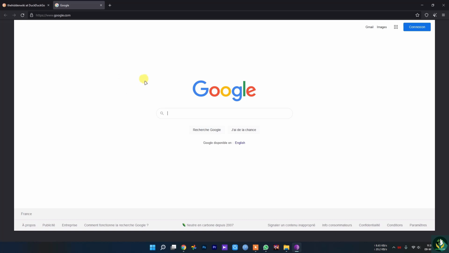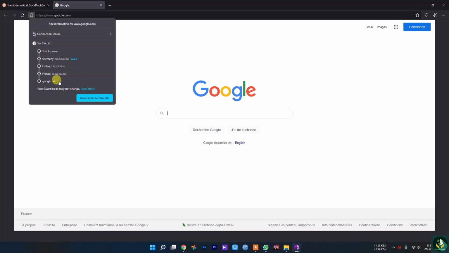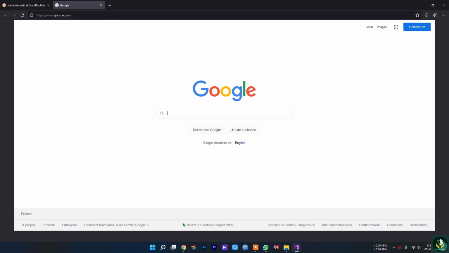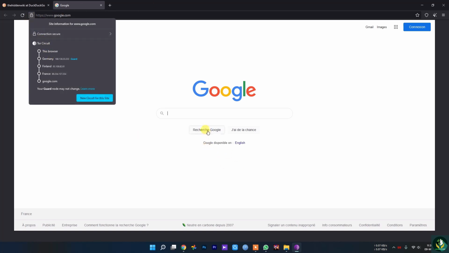As you can see, it's sending a lot of packets from each of these countries. As you can see, it's in Germany, because the languages are all in German, because this connection is from Germany.